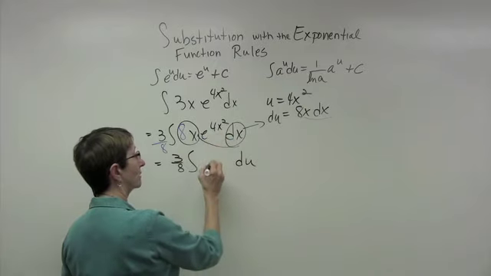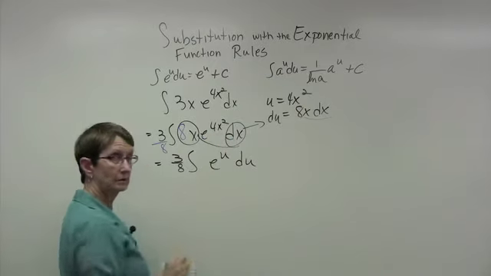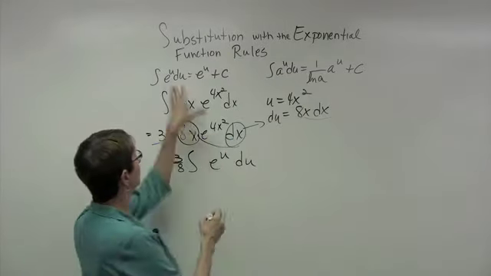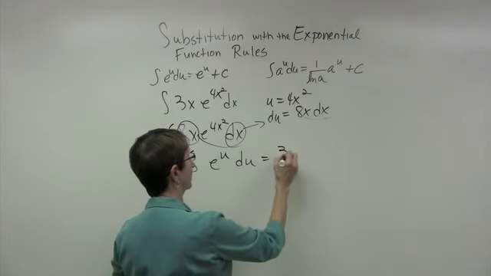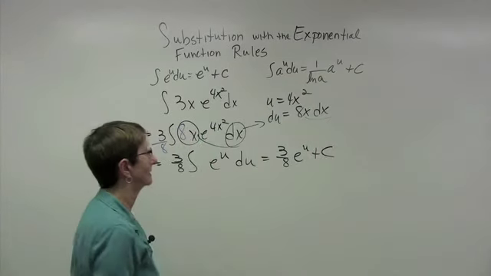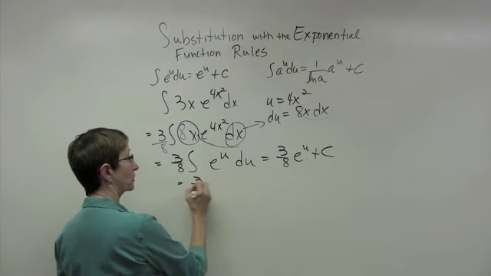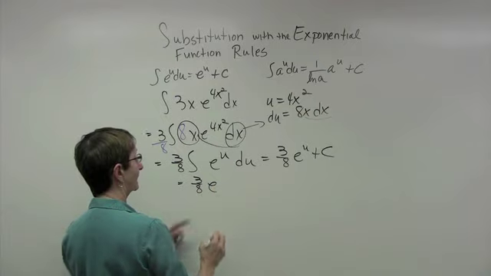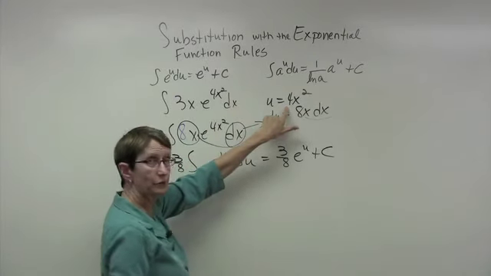E to the 4x squared is e to the u. And the antiderivative of e to the u is e to the u. So this is 3/8 e to the u plus c. Put the original variable back in, is 3/8 e to the, what was u? 4x squared